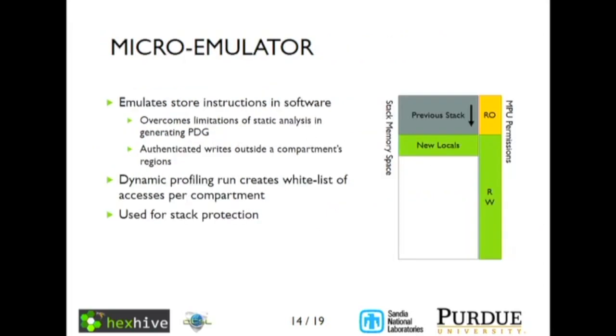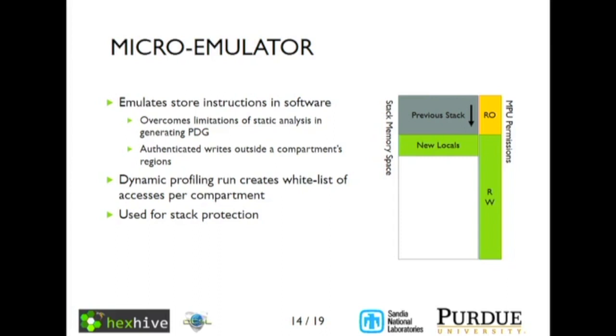The final component of the design is this micro-emulator. As I said earlier, the alias analysis problem prevents us from capturing all of the dependencies in the program dependency graph. And so the micro-emulator is a runtime. It's used in two modes. One is a profiling mode where it records the execution of benign runs. And from that recording of all the accesses that are missed, we generate a whitelist, which is then compiled into an enforce mode. So what happens is when an